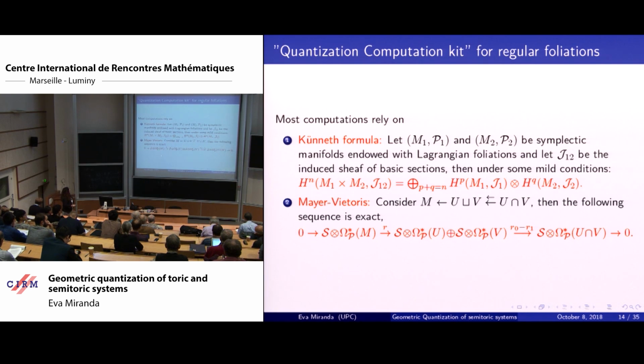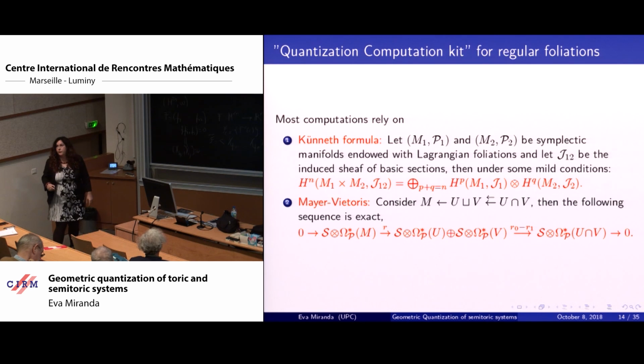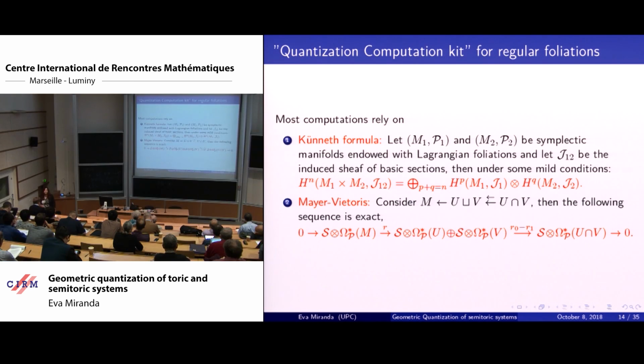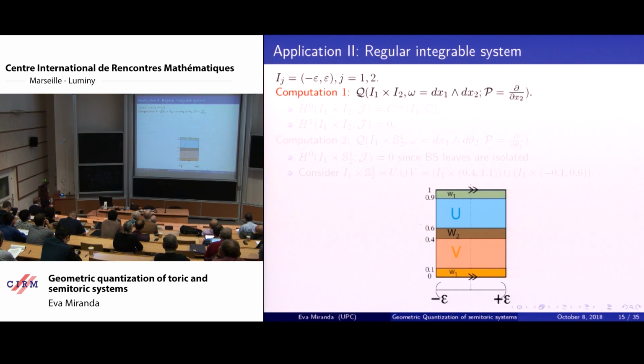And we also have a Mayer-Vietoris. So the idea is that you can compute this sheaf cohomology, the foliated cohomology and the geometric quantization cohomology, just by piecing out your manifold, because you have this Mayer-Vietoris, and if your manifold is a product, then you can use a Künneth formula. This point of view is nice to give a new proof, for instance, of Śniatycki's theorem, which I'm going to do in the next slide.